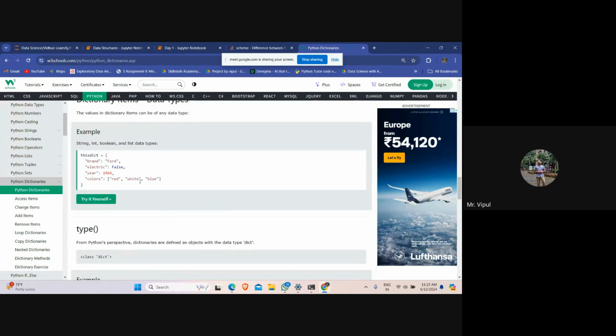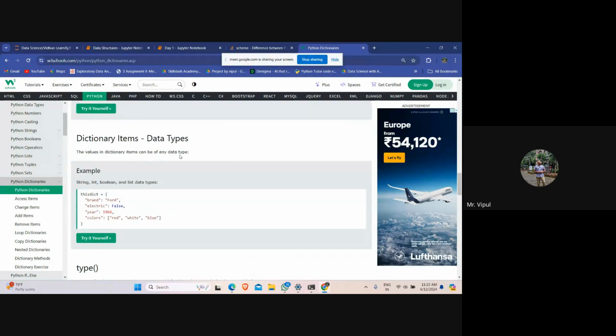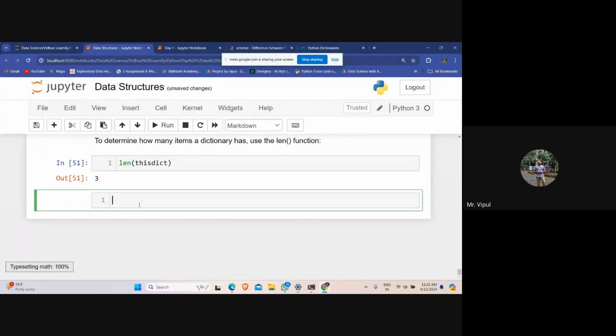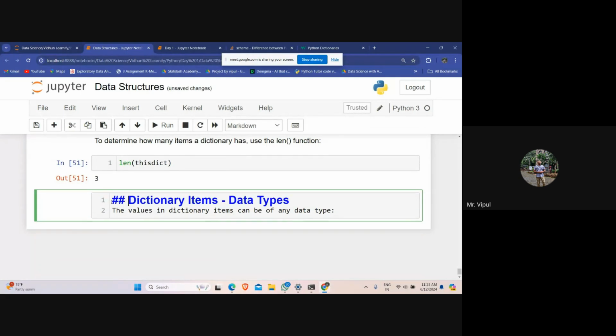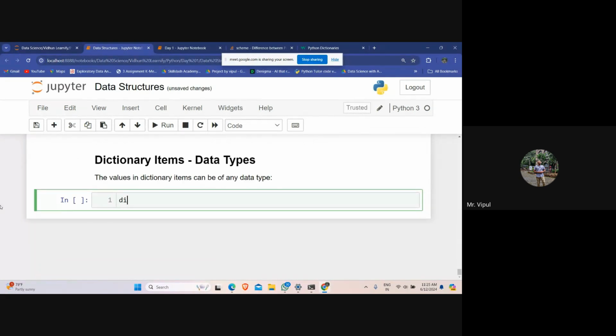Then, as we have seen in the list, a dictionary can have different data types as well. Let's say you are creating a dictionary DICT1. In that, you are writing down name. This is your text, right? Age. Age will be in numbers. Then weight, suppose.